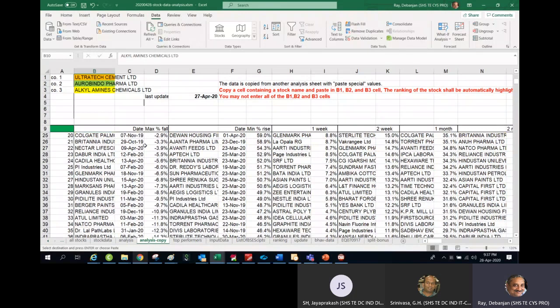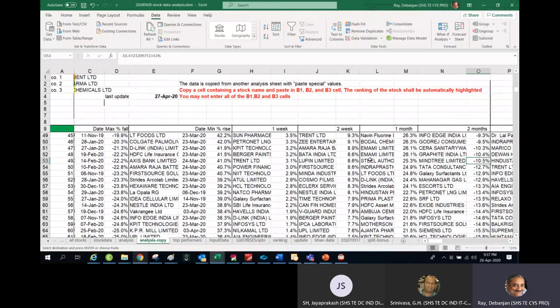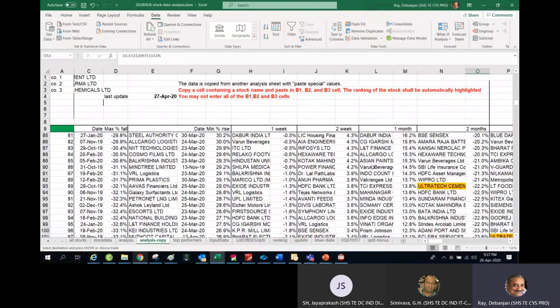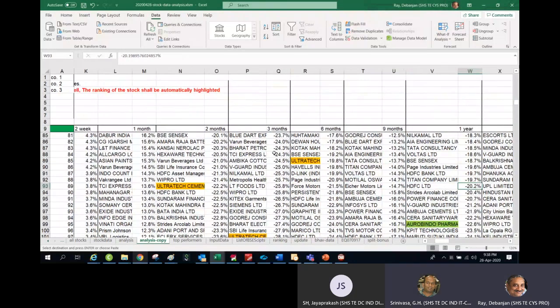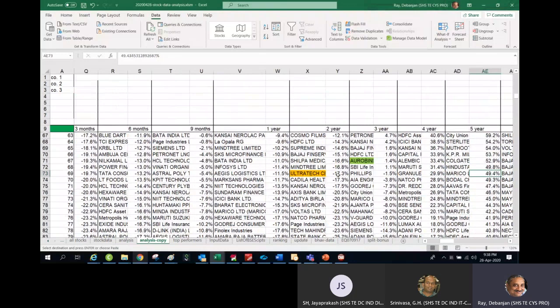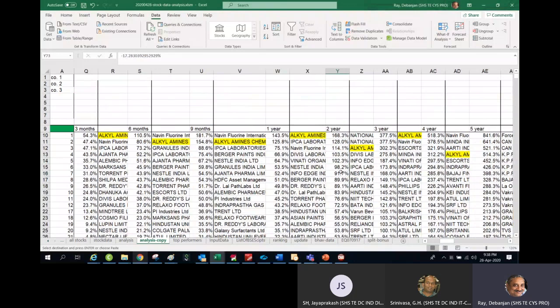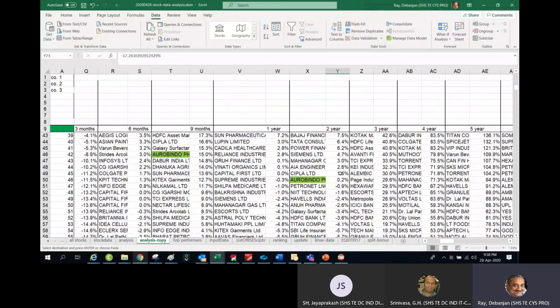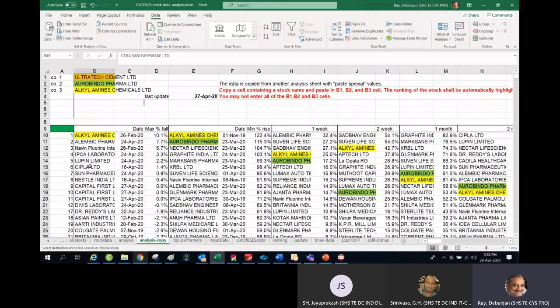You will see Ultratech is not a stock which is catching much attraction. It is placed quite at the bottommost. Its ranking over a period of time is not so good. For example, in the last 6 months, the Ultratech stock price is down by 19%. Over the last 2 years also, it is not a good performer. So now I can add any stocks, just to show you that the functionality is there. Did you understand? Now shoot me some questions.